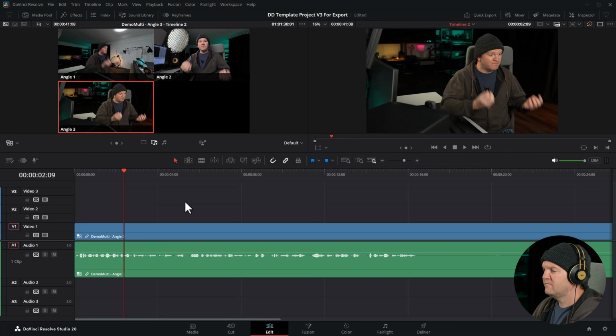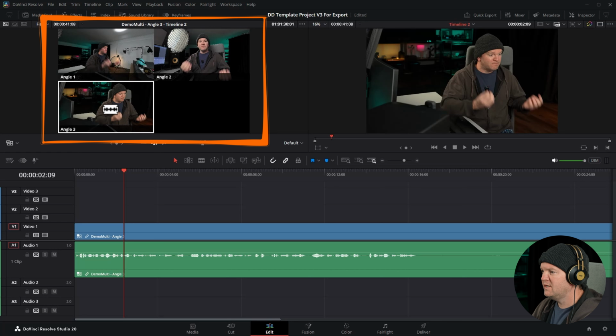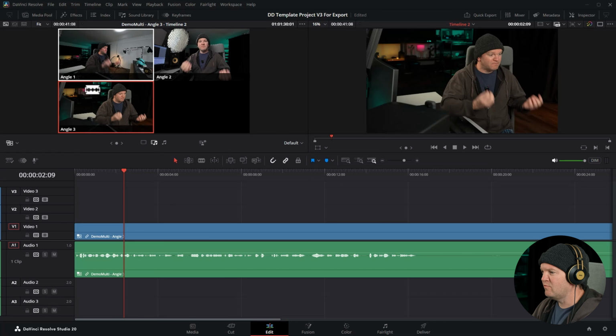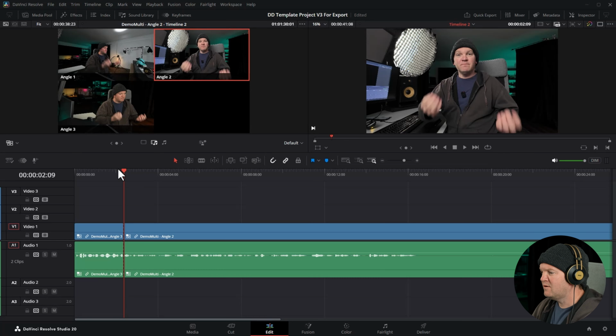At this point I look at camera 2, so this is a good place to switch, and there's a few different ways to do this. If I hover my mouse over the source viewer, you can see we get this razor blade icon, and that allows us to cut to a different camera angle. In this case, I'm going to click on angle 2, and now down in the timeline you can see we've